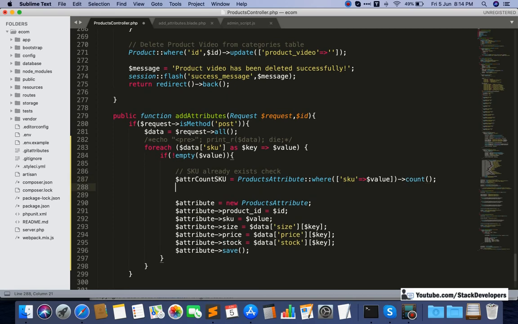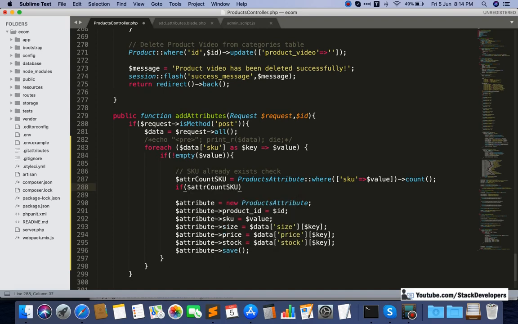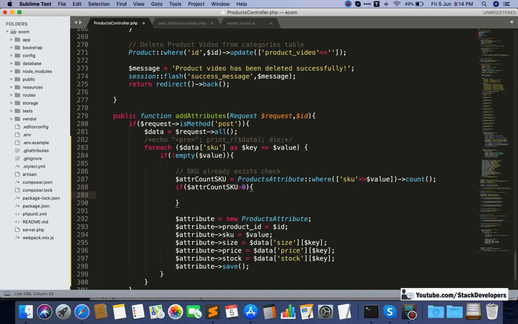If the SKU already exists, that is, the count is greater than 0, then we are going to return the user